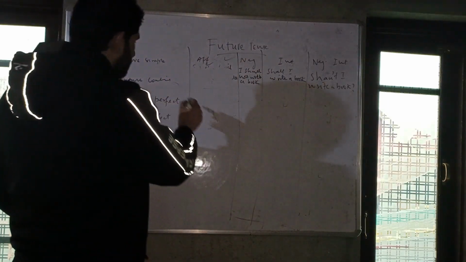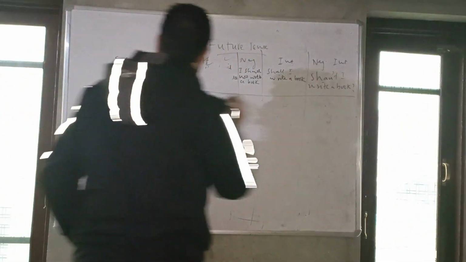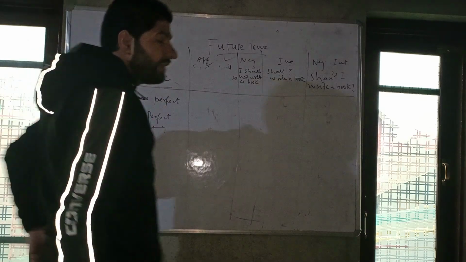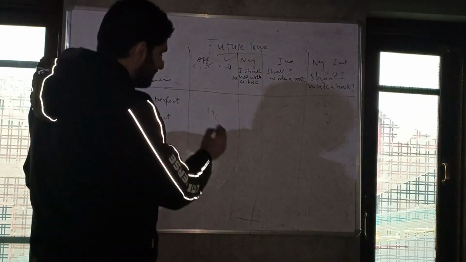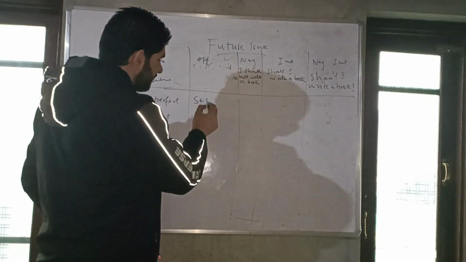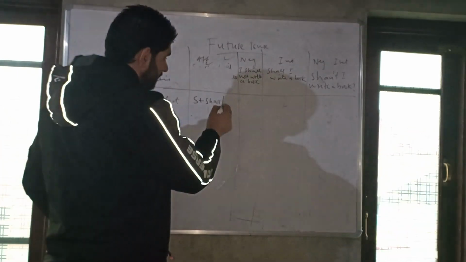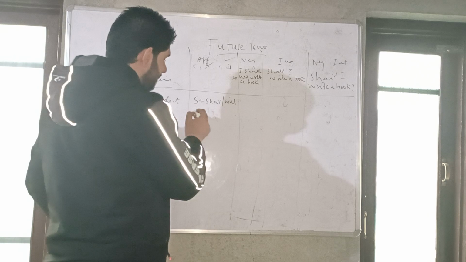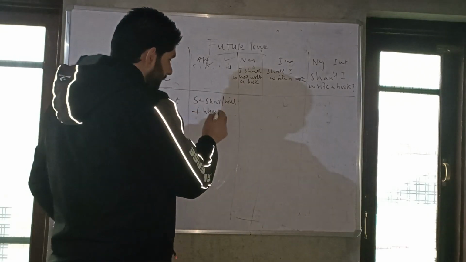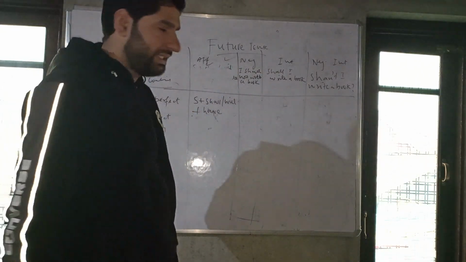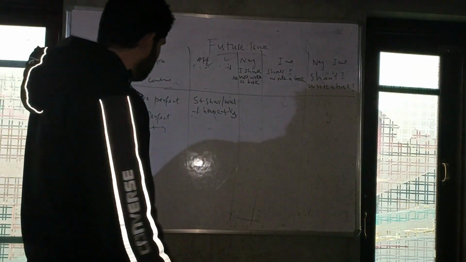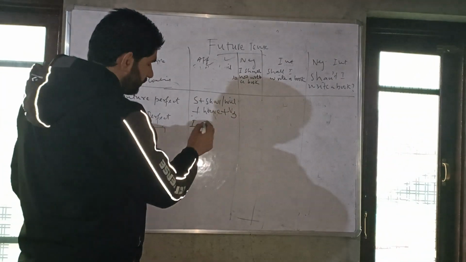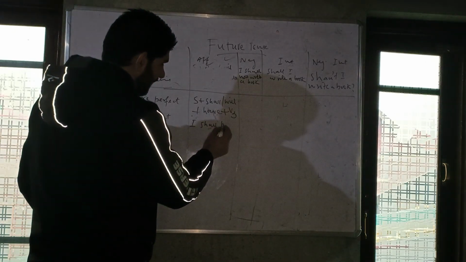Now let's come to future perfect. Here we use have. Just like we use there, we use have. The subject is like this: subject plus shall or will plus have. Now because it is perfect tense, we always use third form of the verb. So it will be like I shall have